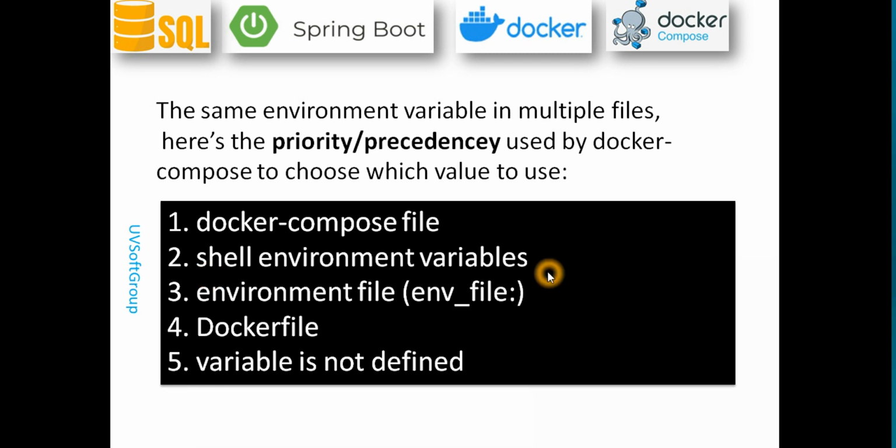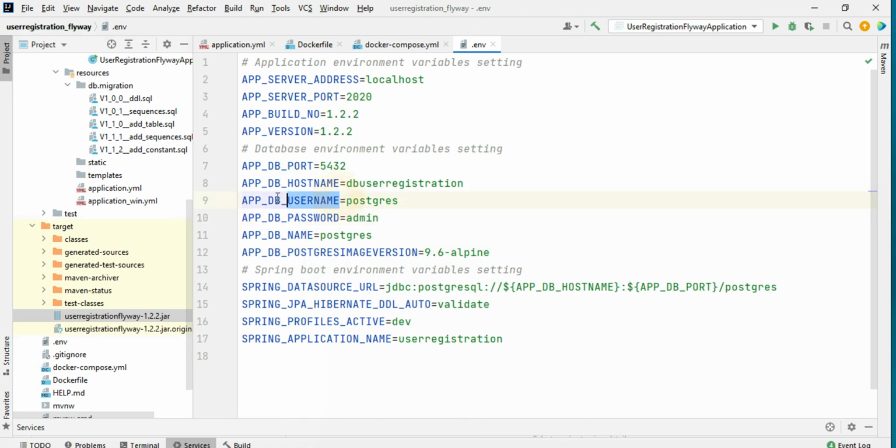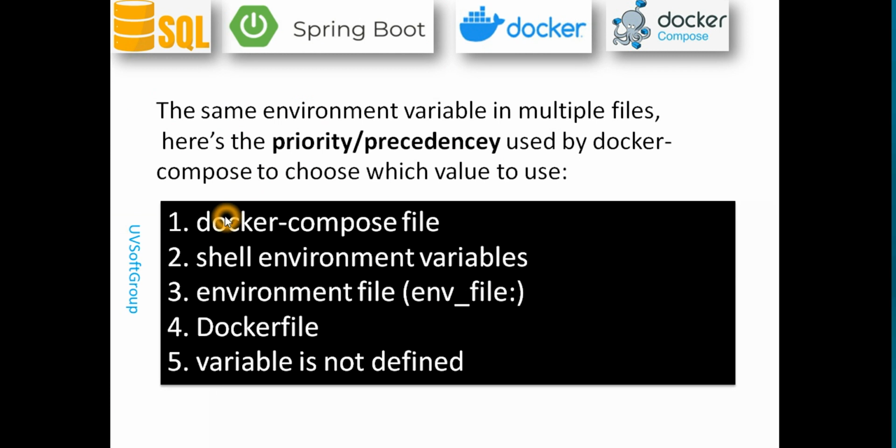That means you define the environmental variable in Windows with the set command, and in Linux or Mac, you can set it with the export command. So priority one is if you set the environmental variable in the Docker Compose file like here. You see there are maps like Postgres password, where we pass the environmental variables that we already set here. They are exactly the same environmental variables we set here: application DB name, DB host name, DB username, DB password, database name, and also the Postgres image version. We use 9.6 here. That means when you define it here, this takes the first priority. And if you don't use the same variable here, then it will take the second one. And if you